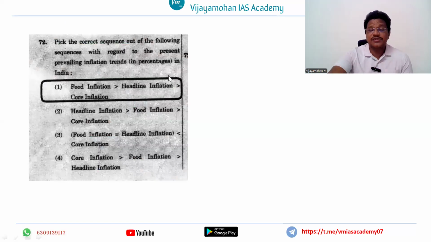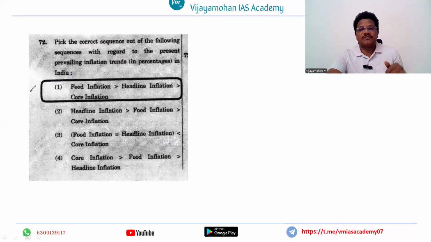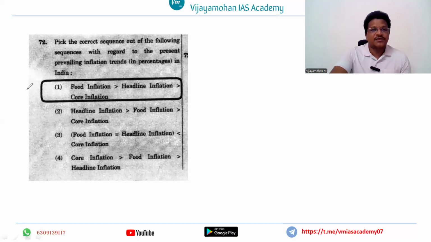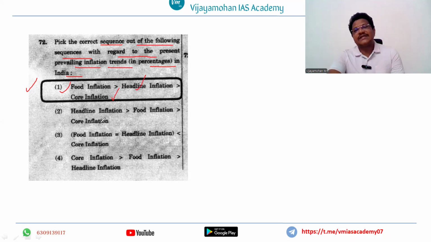As I already told you, these are the economic questions from APPSC Group 1 Prelims 2024. So just observe the questions, then we will show you the questions from our test series, right? So pick the correct sequence out of the following sequences with regard to the present prevailing inflation trends in percentages in India. So food inflation, headline inflation and core inflation, he is asking a question about, and what is the present trend in